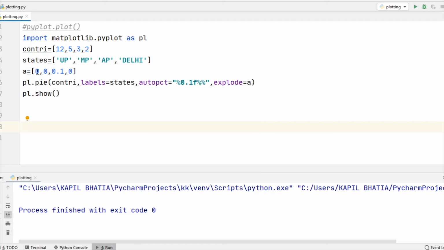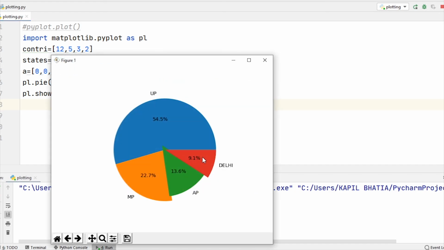These values represent the distance by which the slice is exploded. 0 means no explosion, a positive value moves it away from the center, and a negative value means towards the center. Here we can use a negative value also. So if I use negative 0.1 and run this code, now you can see the output, and I hope you understand how to use explode.